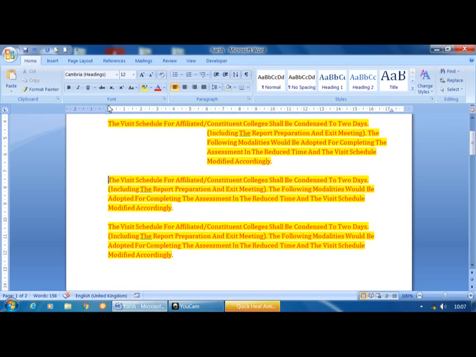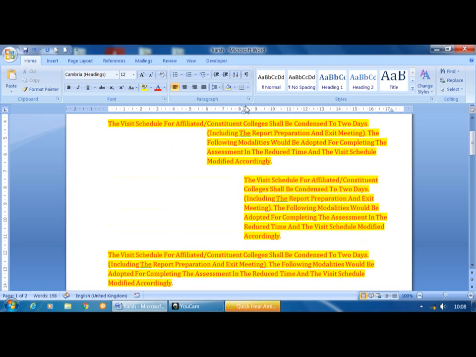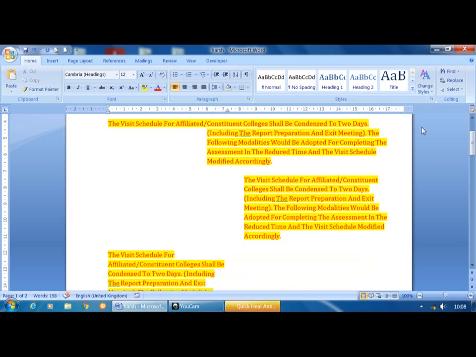This is a combination of first line indent and hanging indent. So just move the left indent to the right side. The entire paragraph moves to the right side. And last one is a right indent, which is available on the right side. Here the entire paragraph moves to the left side.